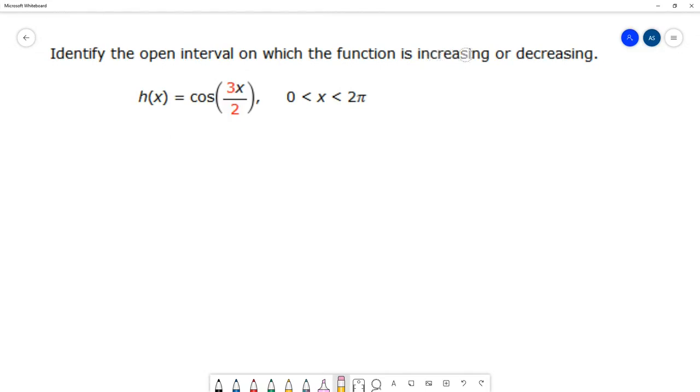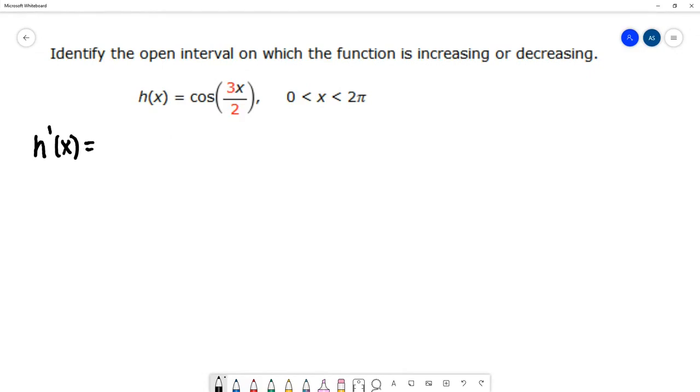When the derivative is positive, we know the function is increasing, and when the derivative is negative, it's decreasing. And it's going to change from increasing to decreasing when the derivative is 0. So we're going to calculate the derivative and follow a process to identify these intervals of increasing and decreasing. So to calculate the derivative,